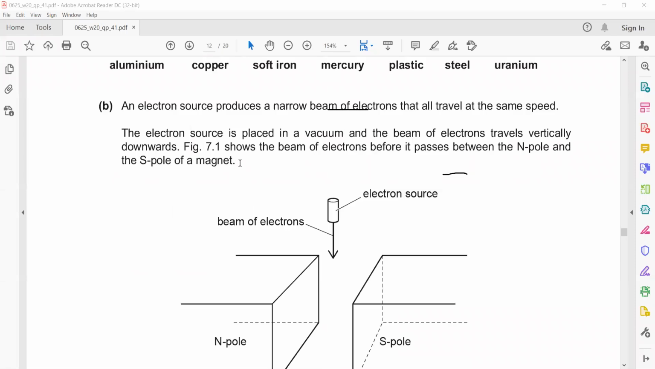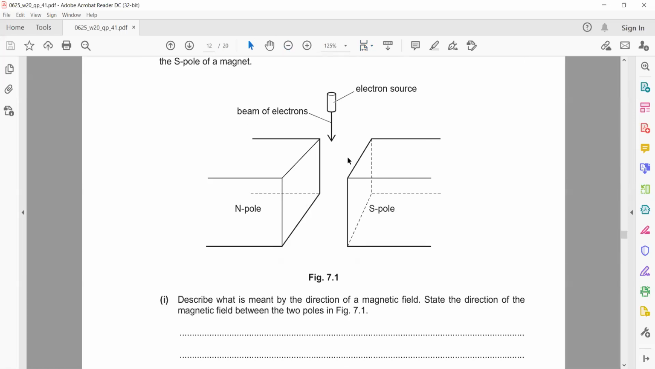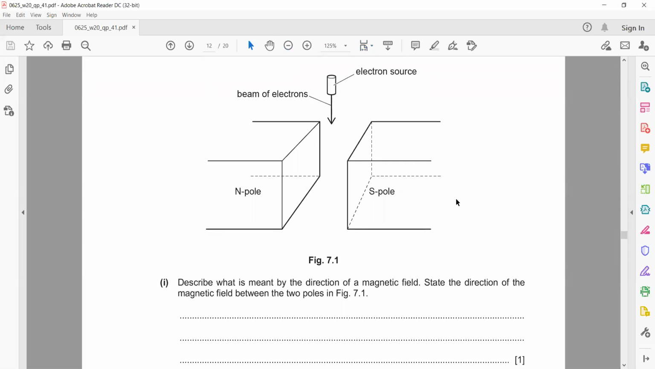The next part: an electron source produces a narrow beam of electrons that travel at the same speed. The electron source is placed in a vacuum and the beam of electrons travels vertically downward. Figure 7.1 shows a beam of electrons before it passes between the north and south poles of a magnet. Describe what is meant by the direction of a magnetic field and state the direction of the magnetic field between the two poles. So the standard definition of the direction of a magnetic field is basically a direction in which